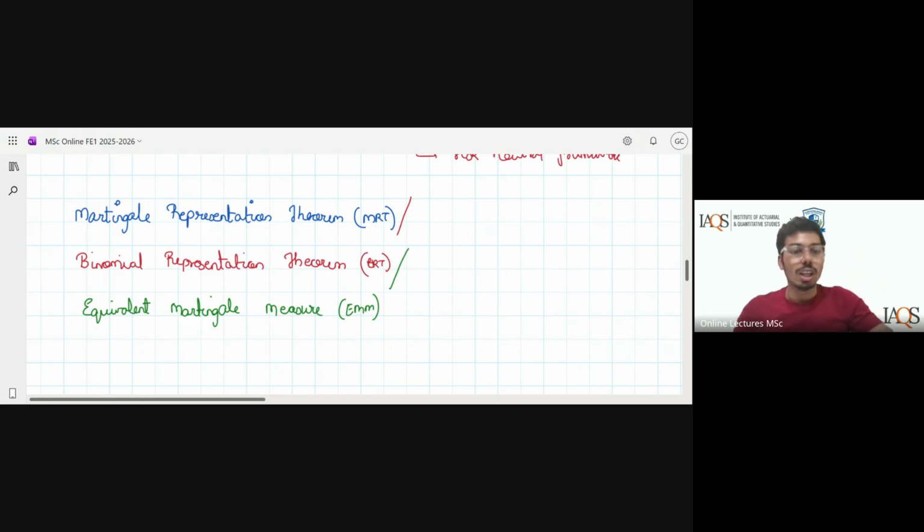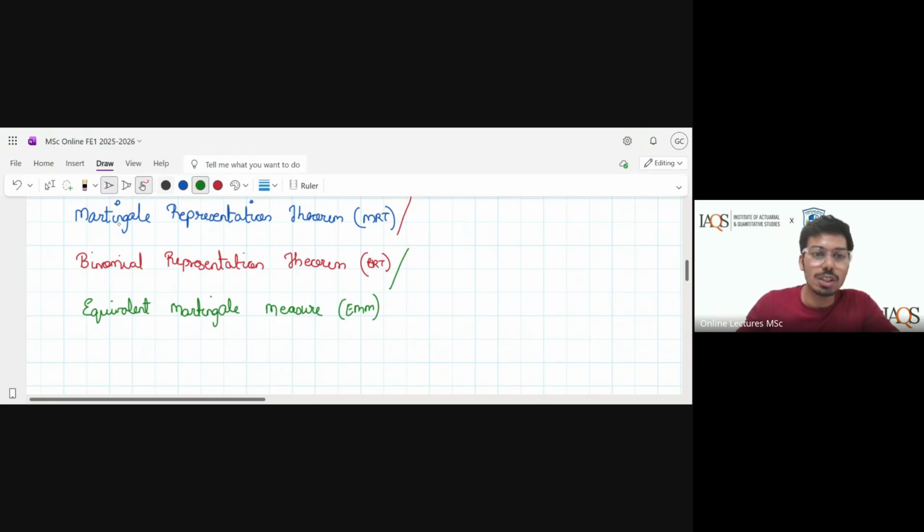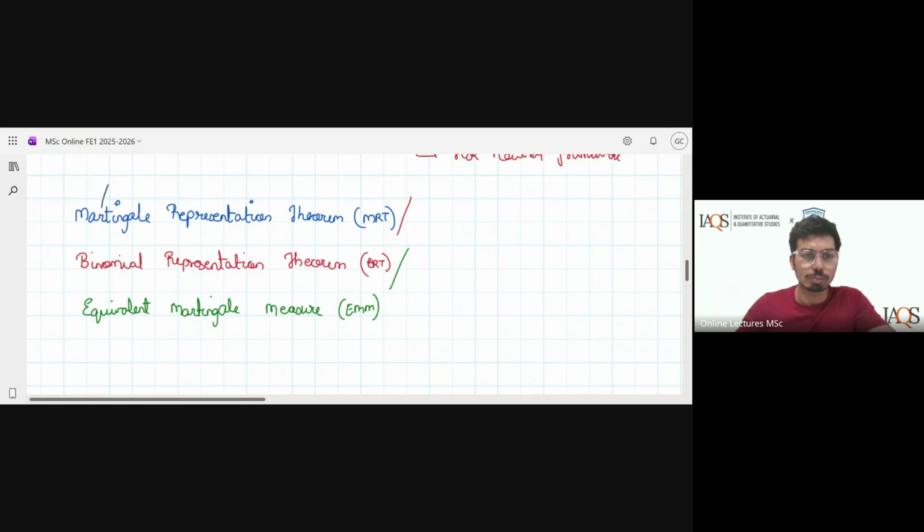Cool. Let's start. Now, what we'll do as the next concept is our MRT theorem. It's called the martingale representation theorem. It's also called the binomial representation theorem. It's also called the equivalent martingale measure. All three of them mean the same thing. What does this theorem state now? This theorem says